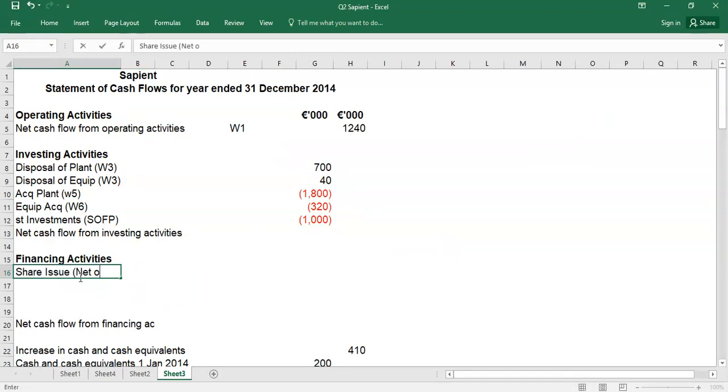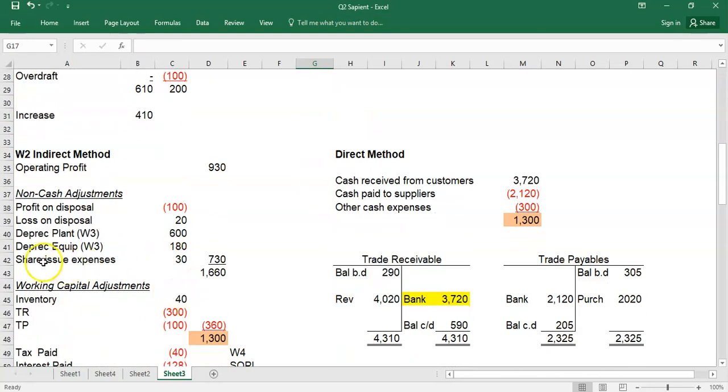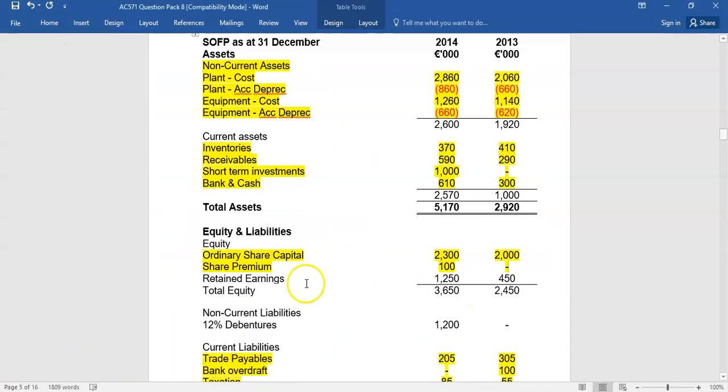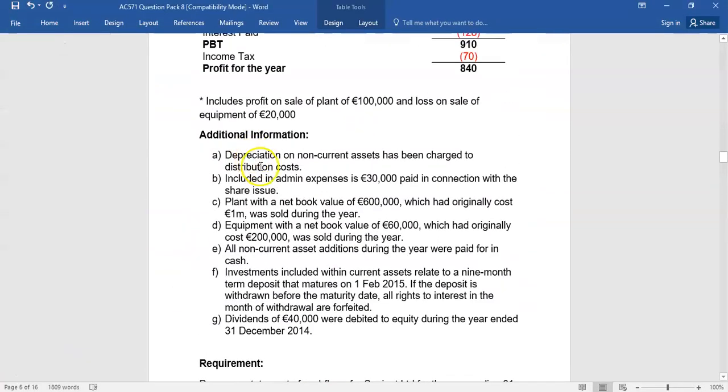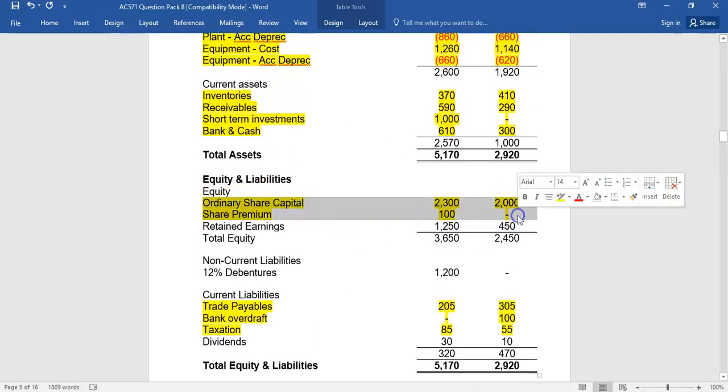Be careful now, net of expenses. So remember what we did. This is going to be 400 minus 30. So the reason it's 400 minus 30 is, we said in our working 2, we added back the share issue expenses of 30. That was per note B, because we said, look, they are an expense, they are a cash outflow, but they should really be just netted off against the financing activities. So you're matching the expense with the inflow of cash as well. That's another one done, and you always do both of those together